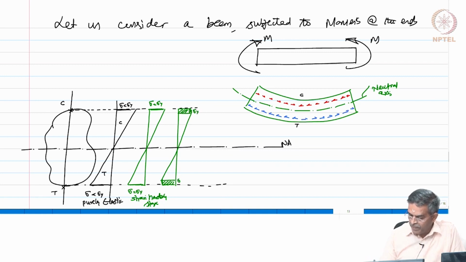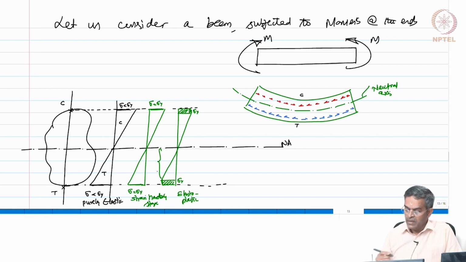So, I can call this an elastoplastic condition. Why elastoplastic condition? Some part is still elastic because the stress is less than sigma y. Some part is plastic because stress is equal to sigma y. As I said, please recollect, we are restricting the stress only up to yield. We are only using the x-axis capacity of the material, not the y-axis capacity of the material, to be very precise mathematically. Now, if you still further increase the moment applied on the beam, a stage will come where